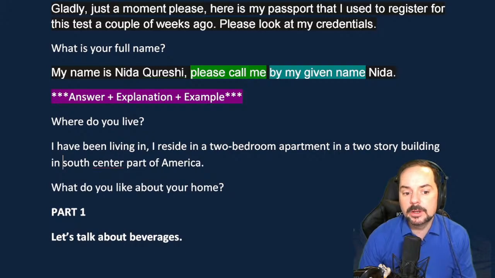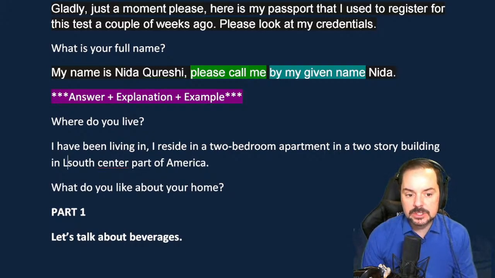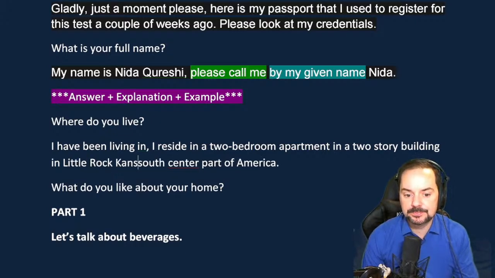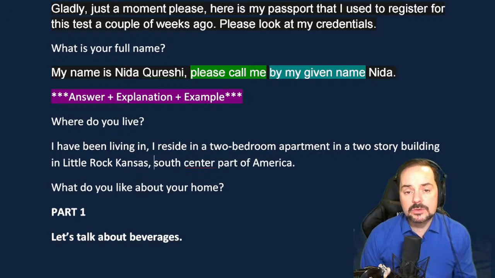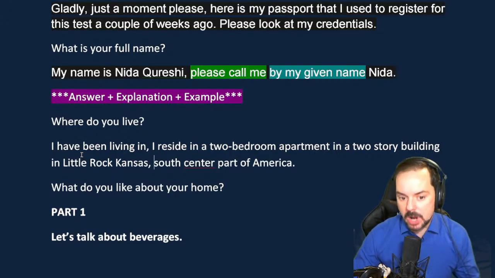So you really want to enunciate that, especially the key part of your answer. So Little Rock, Kansas. Okay. So when you say that part, really emphasize it, okay? So I reside in a 2-bedroom apartment in a 4-story building in Little Rock, Kansas. Really make it clear because that's your actual answer, right?